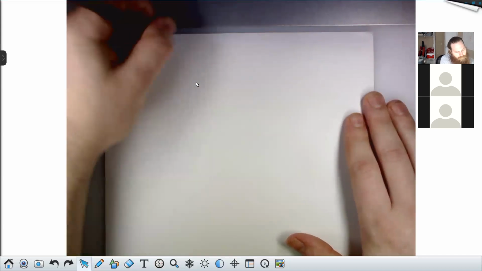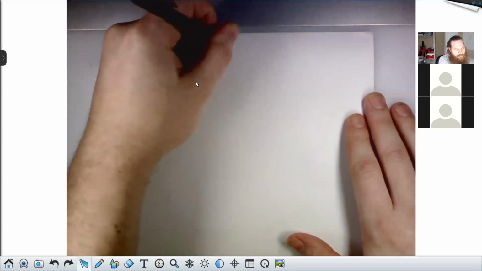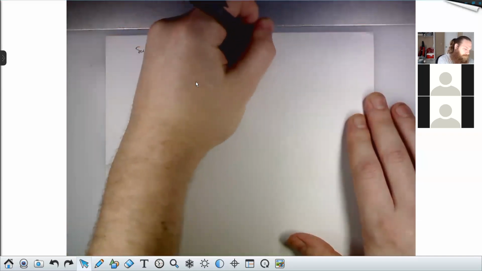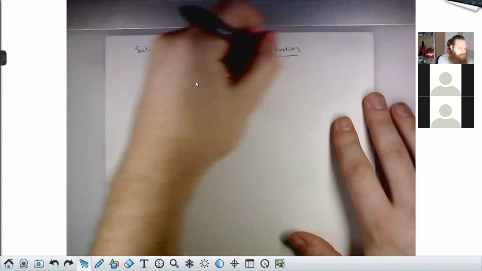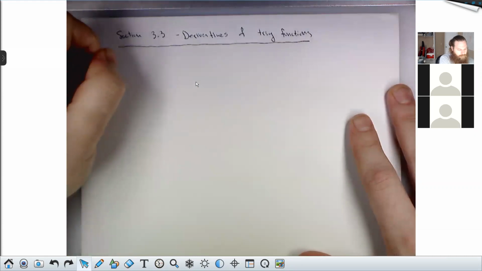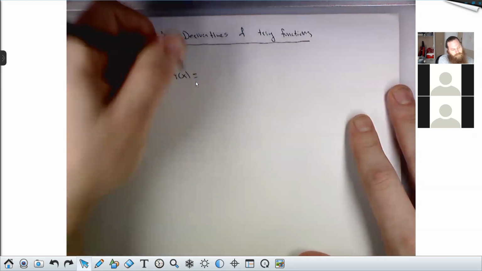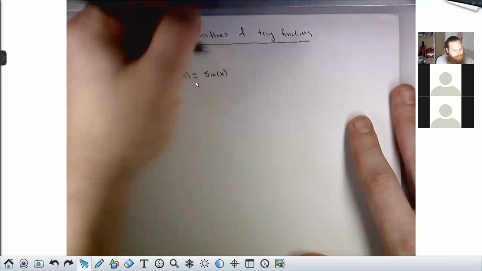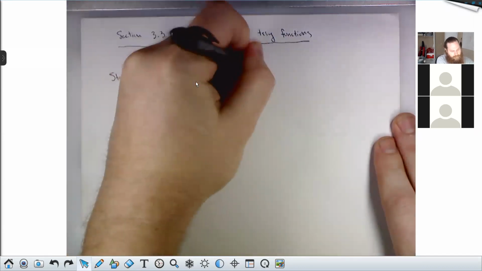Derivatives of trig functions. This is section 3.3. So let's start with, I'm going to use the variable x here. f of x equals sine of x, but with the understanding that x here is playing the role that theta does in the definitions. Then